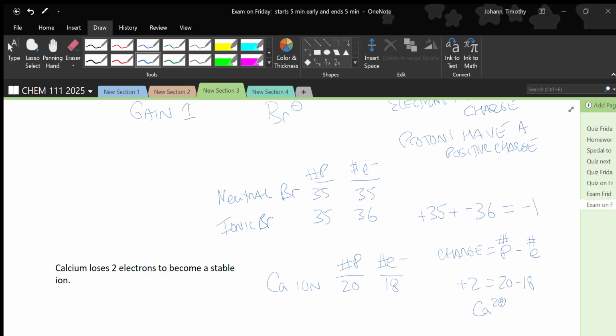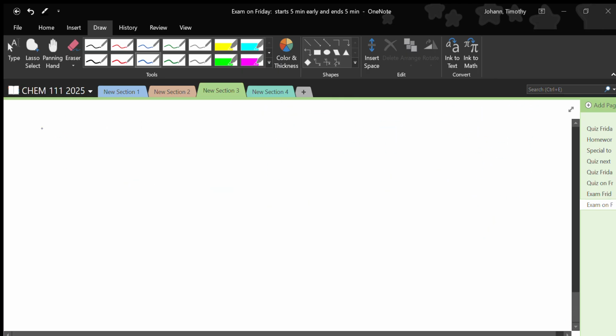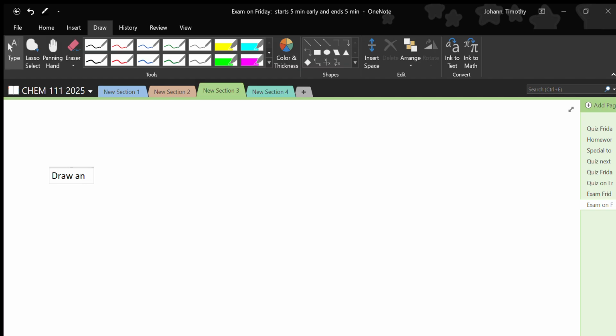All right, let's do the energy level diagram then. All right? I can't remember what they call this in your book, but draw an electron energy level diagram. To make sure we've got the right term, I'll give a little hint or maybe draw a little bit of it. Electron energy level diagram for,